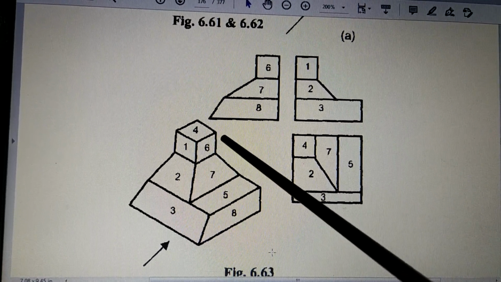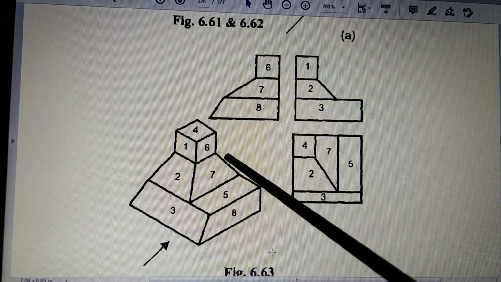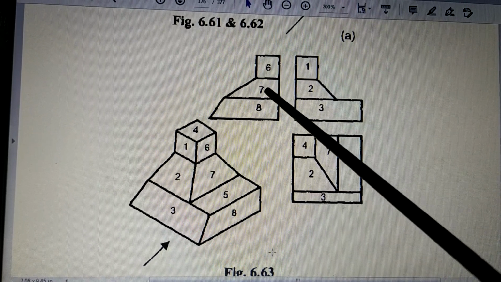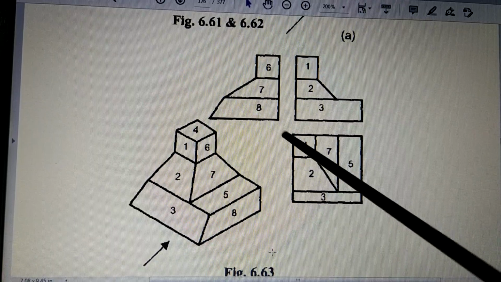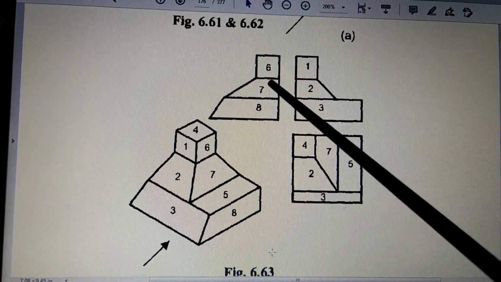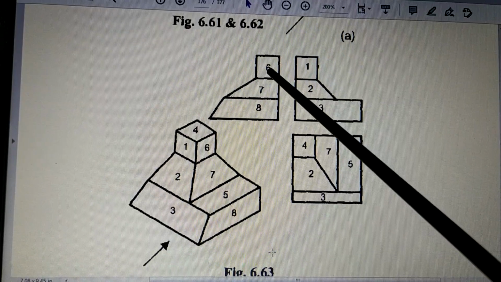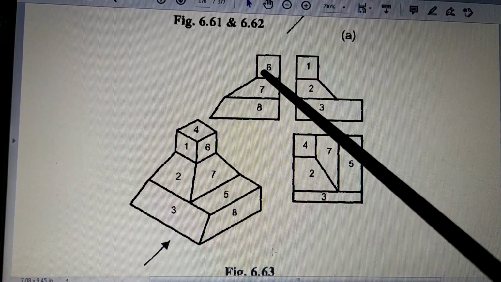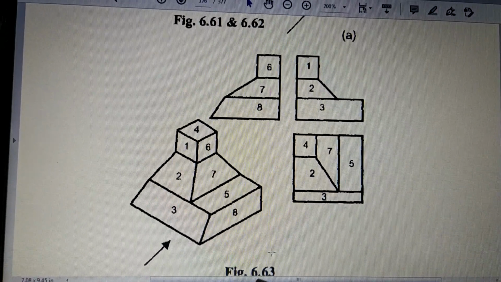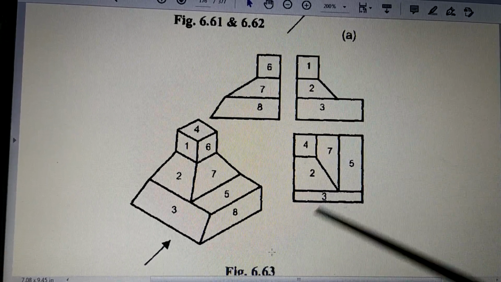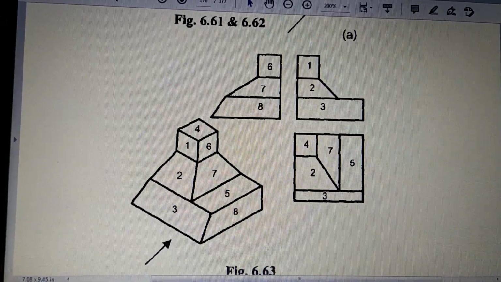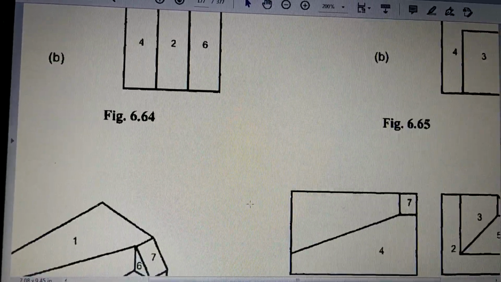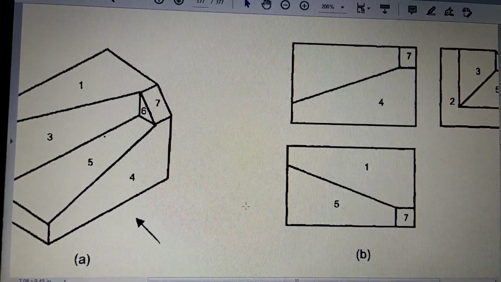Okay, so some mistakes are really there, but this is the book which is available, so we are making use of this book. So this is surface 7. Okay, so this is correct, and this is wrong because all the other views are drawn with this as a straight line. So that is 7, and above 7 there is a 6. So these two inclined surfaces, 2 and 3, this is 2 and this is 3. Okay, so that was the 6.63 figure, which is what we have discussed just now. Now these two figures we already saw last time. Let's take this figure now.